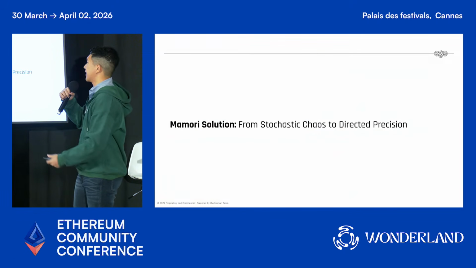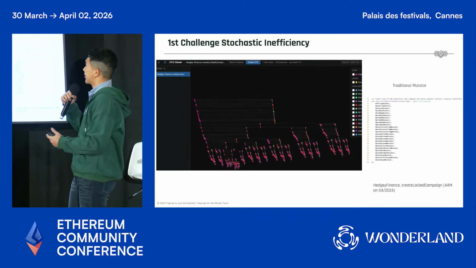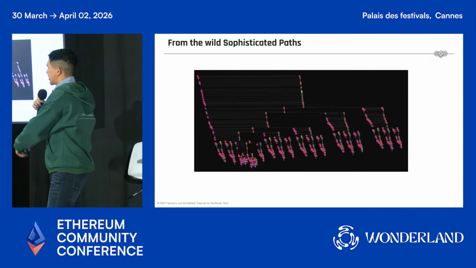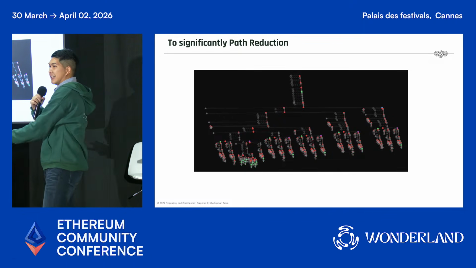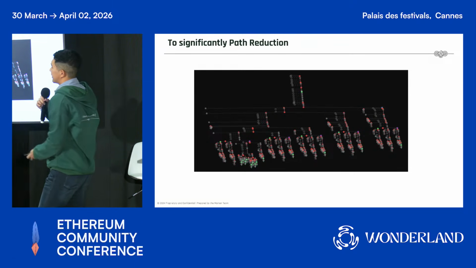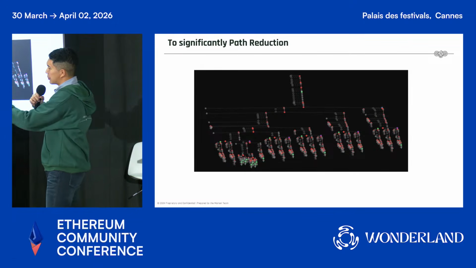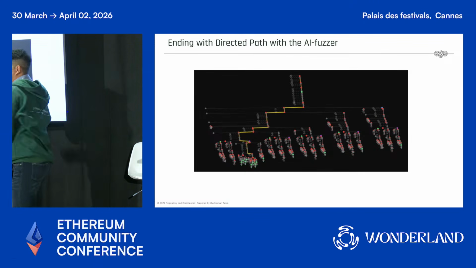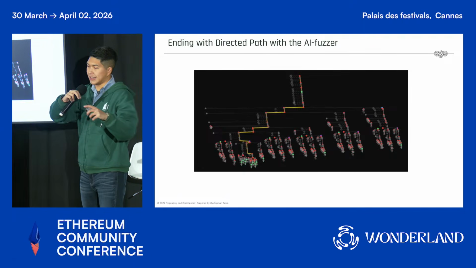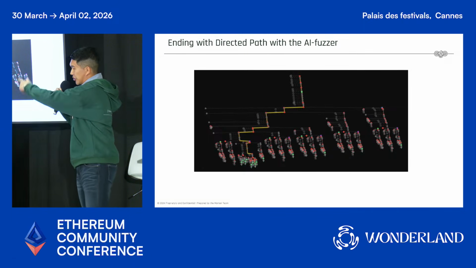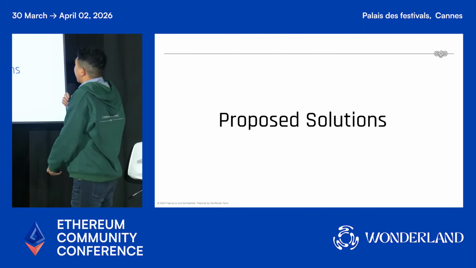So then it's about thinking about the solution. I try to present the proposed solution here. We were talking about moving away from stochastic inefficiency. There are so many, like 500, branches, and we can take out the revert-unrelated branches and reduce the paths that we have, from that many to fewer. And then how do we build a fuzzer to actually get into the path that we want? This is from my thesis, from stochastic chaos to directed precision, where we just need to get into a particular branch to yield some potential exploit. So how do we do it?